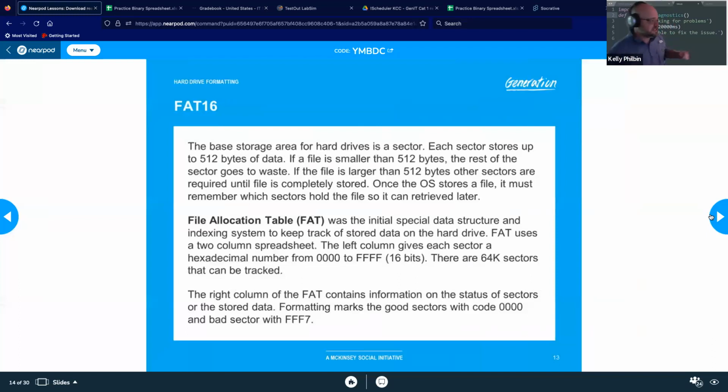All right, FAT16. This is probably one of the lower-level allocation tables you can use. It stores information in sectors of up to 512 bytes of data. Now, here's the downfall of this. Each sector has to be 512 bytes. So if you're writing data and say you have